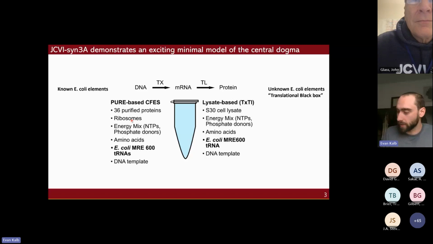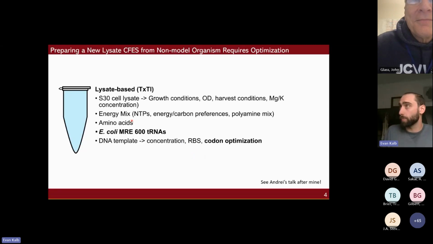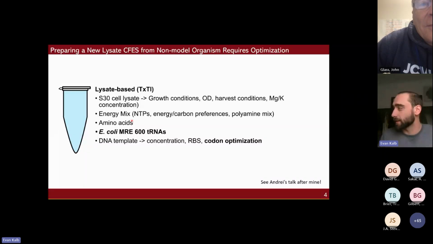So one of the ways that we want to study that is to prepare a new cell lysate cell-free translation system based on Syn3A. And this is a ton of work. Andre worked really, really hard to get this up and running. It was a multi-year project, and his fortitude and patience paid off. He was able to build a new cell-free translation system based on this non-model organism. And this requires a lot of optimization: growth conditions, when do you harvest, how do you harvest, the buffer that you harvest in, and then subsequently the